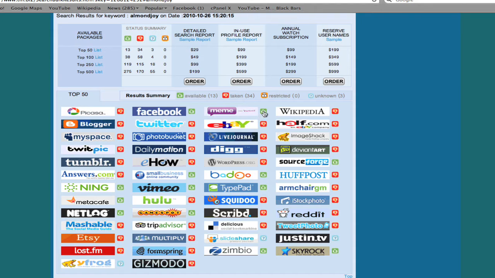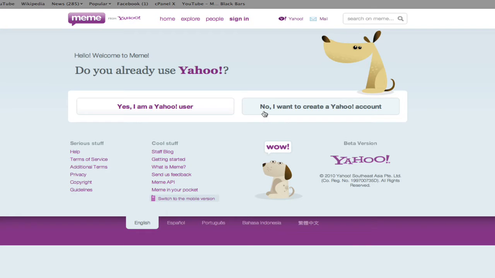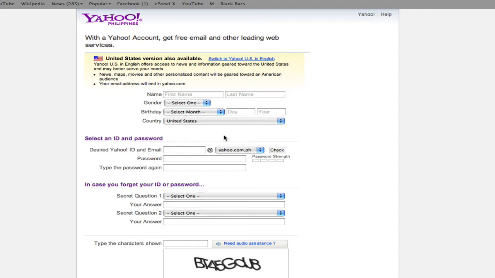Why don't we look at another network for Almond Joy? The number 3 network is Meme. And Meme is actually owned by Yahoo, and they want to know if I'm a Yahoo user or not. So we'll say no, I want to create a new Yahoo account. As you can see, in this particular case, they require me again to enter additional information. For some reason, it's not defaulting to the United States version.